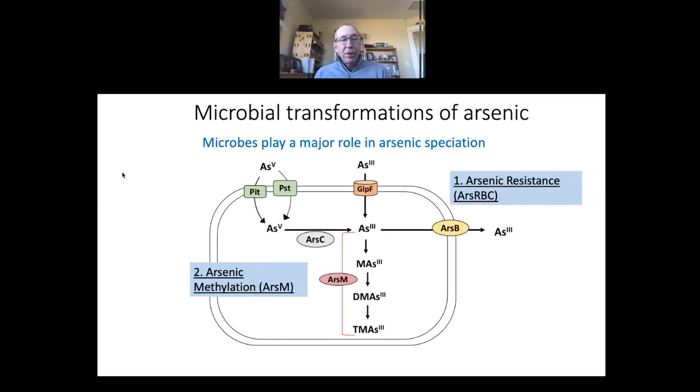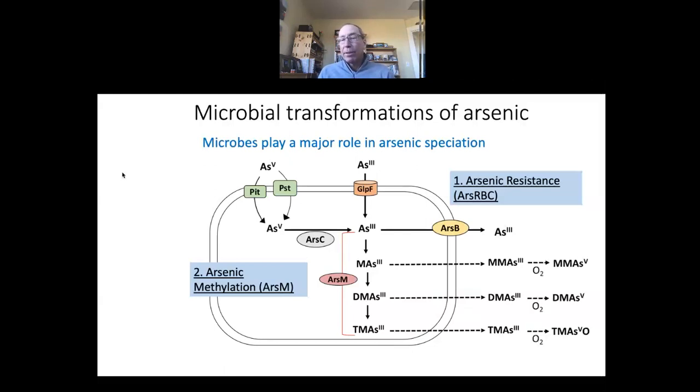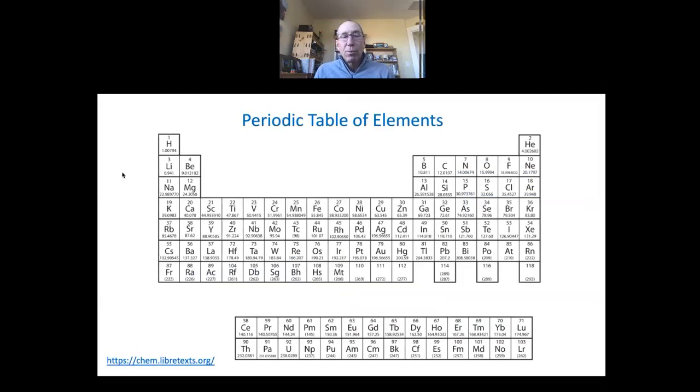Now, methylation is also another fate. So arsenite, in this showing here, can be methylated by these ArsM or arsenate methylase genes. And then these species can be exported from the cells. And then in the extracellular environment, they can be oxidized and essentially transformed from an arsenite to an arsenate. Microbes also have genes that can oxidize arsenite to arsenate. And we're going to talk a little bit more about the role of those as we move forward.